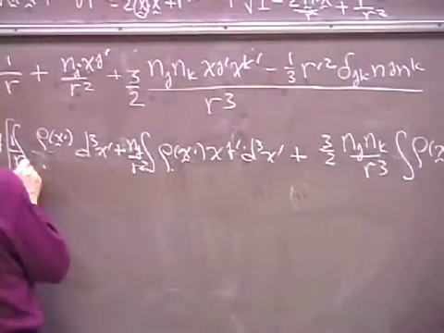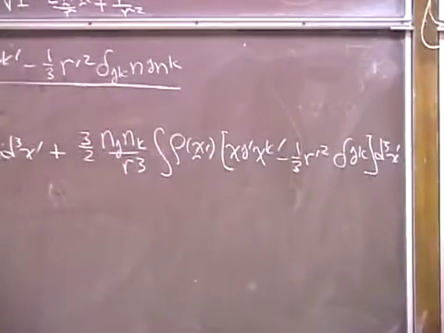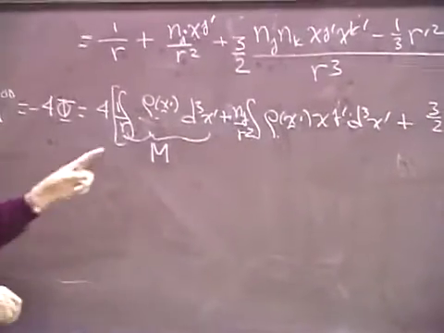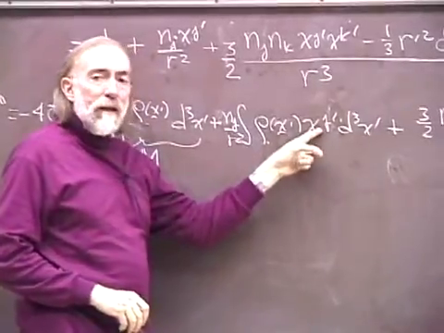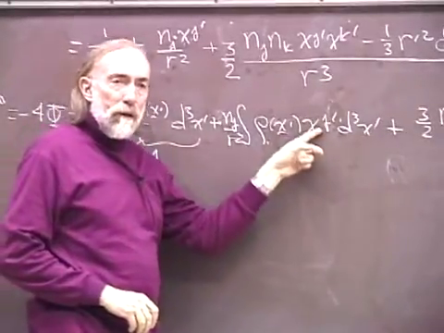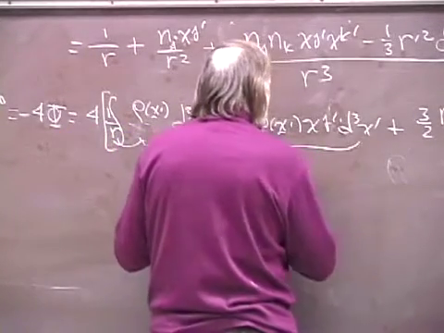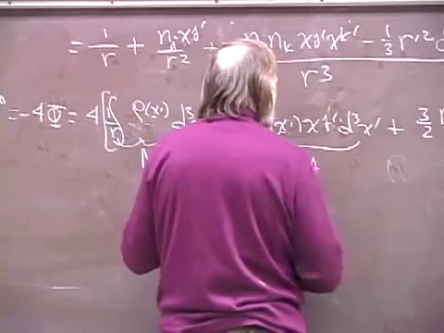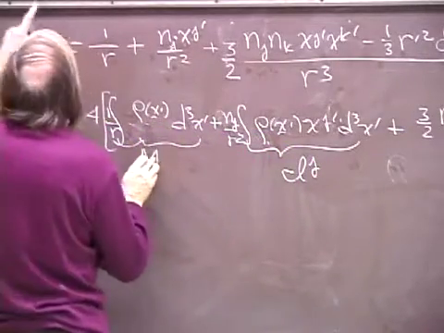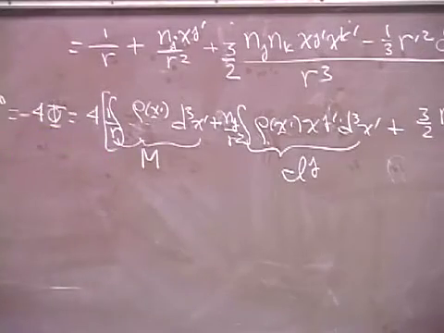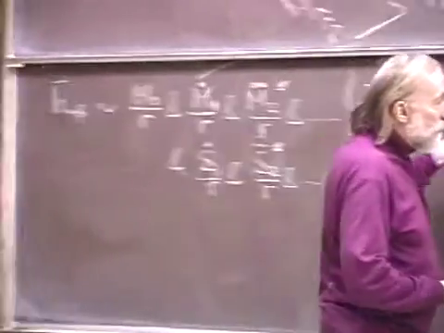Now the first integral here is just the integral of the mass density, and so it's the mass of the source. The second integral is the mass density multiplied by position, and so that's the mass dipole moment as promised. And I use the notation ij, a script ij, for the mass dipole moment. So this is the thing that I called m0 in the discussion over here. That's the thing I called m1 in the discussion over here. So that's the mass dipole moment